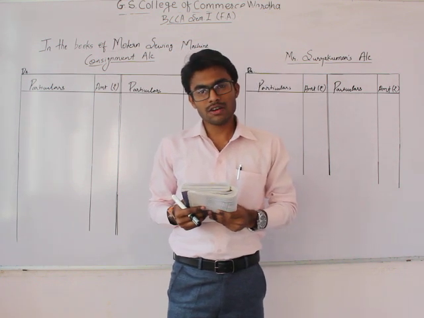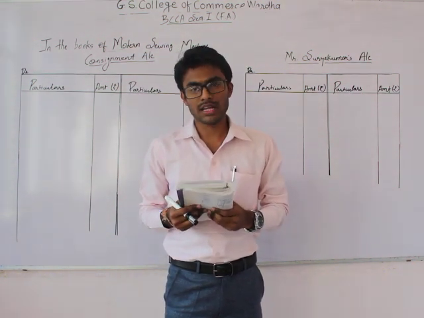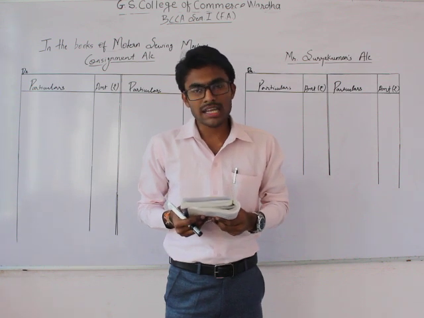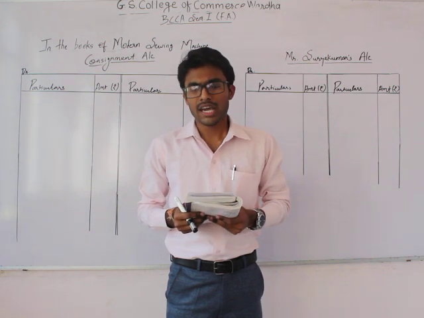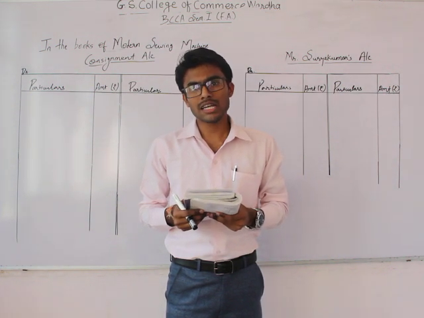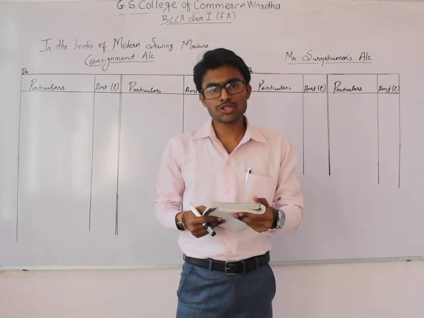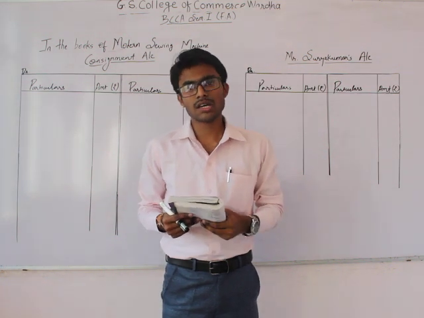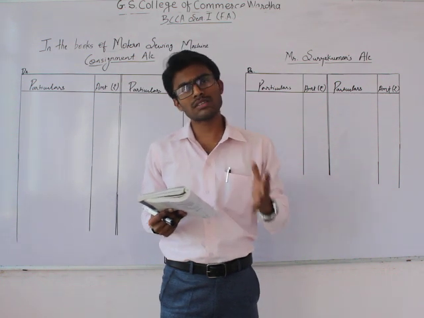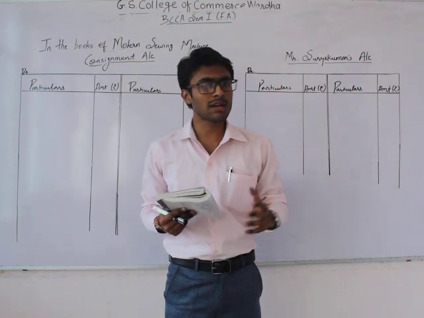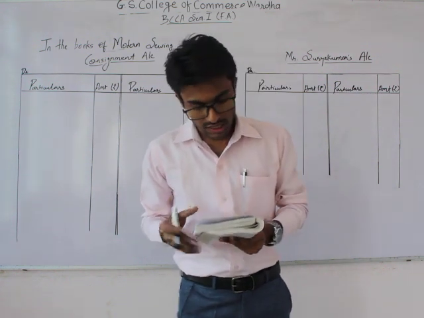And we are at the end of unit 4, and in this unit we have one topic named consignment account. In the previous lecture we saw the theoretical part of consignment account. In this lecture we'll look at the practical portion of consignment. We'll have a question consisting of 3 different concepts, and by this question we will try to understand what is consignment account and what is consignee's account. So this is how we can start with our lecture.